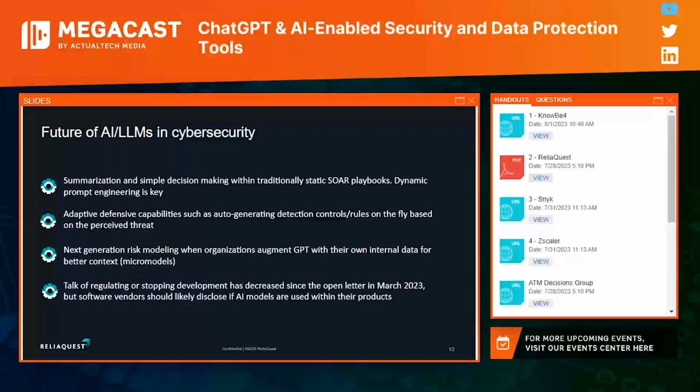And then just wrapping up, the last section: where does this go? What's the future of using AI or LLMs in cybersecurity? A lot of this is stuff that various folks are testing already. Are we going to get this at a larger scale? I think so. Some of the things that we're seeing, especially in security operations from a defensive standpoint, is that summarization into simple decision making. We talked about those traditional static SOAR playbooks. I think dynamic playbooks and dynamic prompt engineering is one of the ones that we see as a key